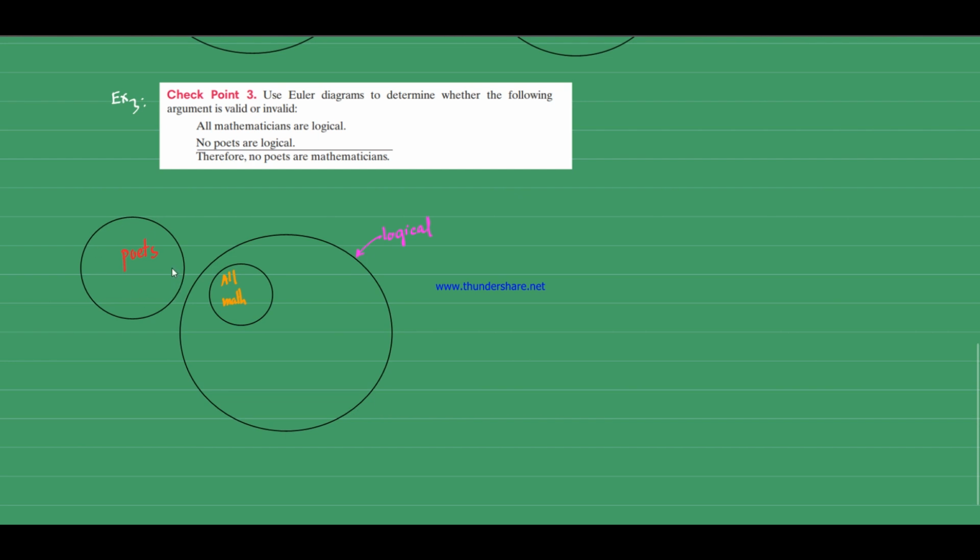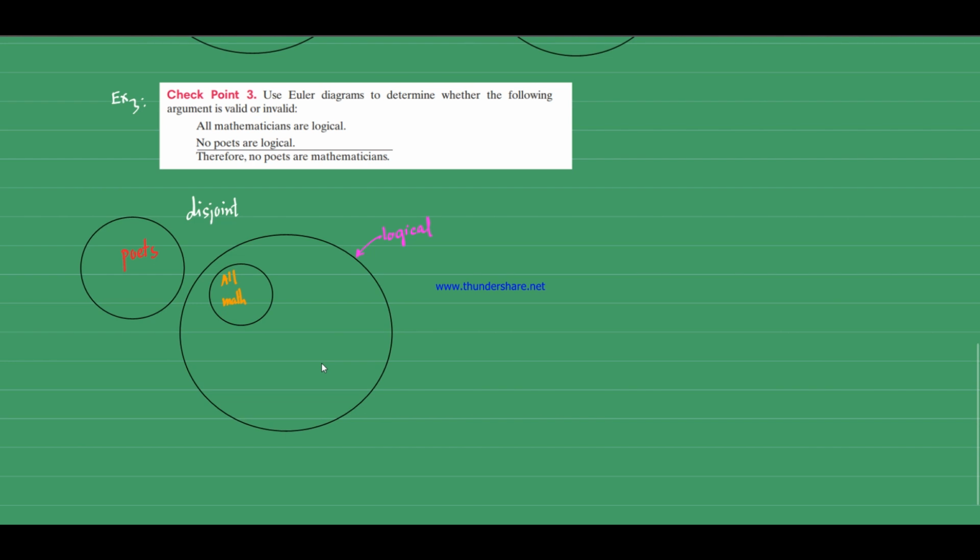I'm sorry, I believe I said joy set before. So again, poet circle and logical circle over here is disjoint set because there's nothing sharing in common. So poet circle and all mathematician circle over here is also disjoint set because there's nothing in common. So this is disjoint. And this argument over here, I have to say is valid because